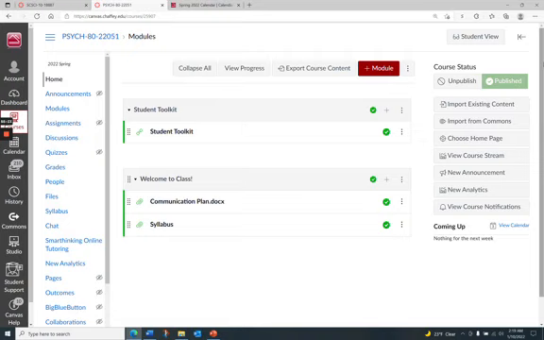So if you have questions about the various things that Chaffee College provides students to help them, please look at the student toolkit. You'll see that there's a communication plan and the syllabus is here. If you haven't looked at the syllabus yet, it is right here in Canvas.